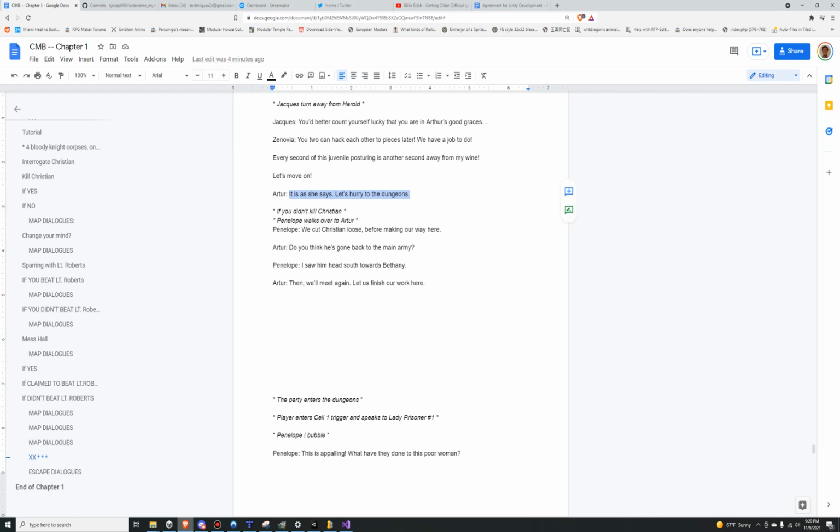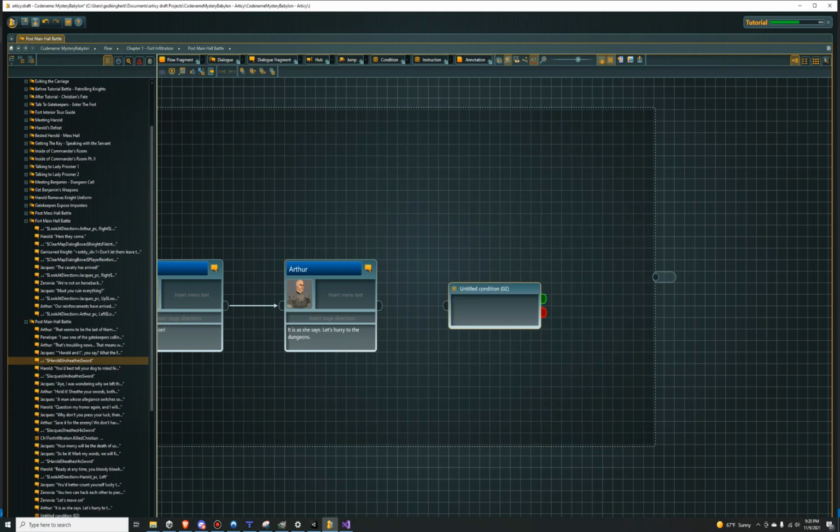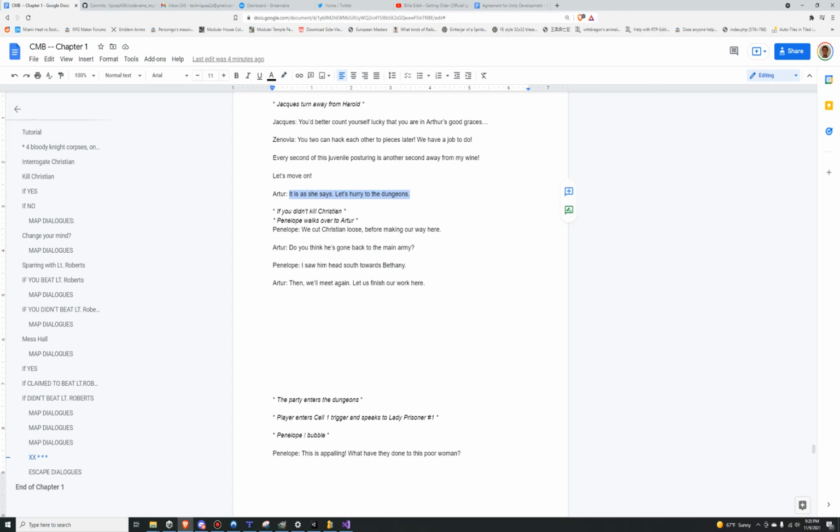So let's do the conditional. If you didn't kill Christian, Penelope walks over to Arthur. Okay, so add the condition. It's the same thing as before, basically a Boolean check. Chapter 1 dot killed Christian equals false. We'll use false. So if we didn't kill Christian, which is what it says,